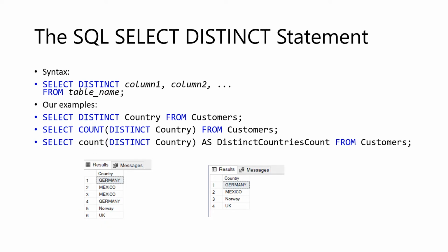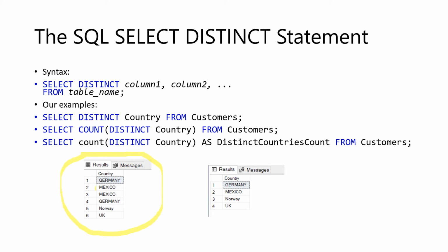The next statement is the SQL DISTINCT statement. The DISTINCT keyword is used to get unique values in records. If there are duplicate items present in a table, only one row for duplicate items is returned. On the left side, we use the query SELECT country FROM customers, and you can see the results here.